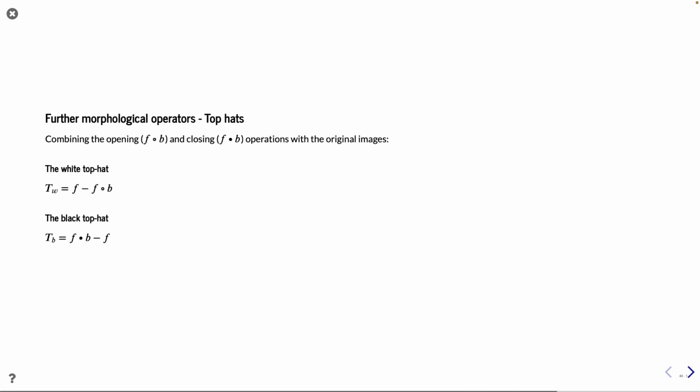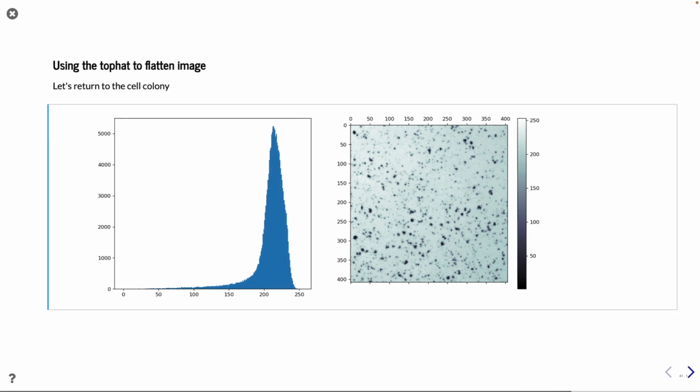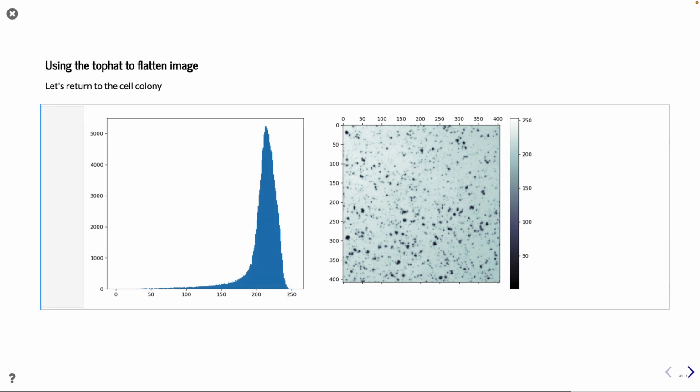Two more interesting things that we can work with are top hats, and that's a combination of an opening or a closing and the original image. So the white top hat is the original image minus the opening of the image, or we have the black top hat, which is the closing of the image minus the original. And that we can test